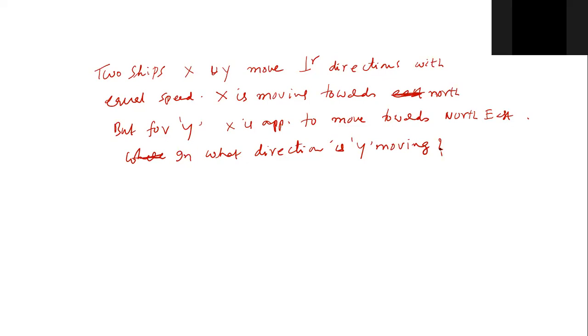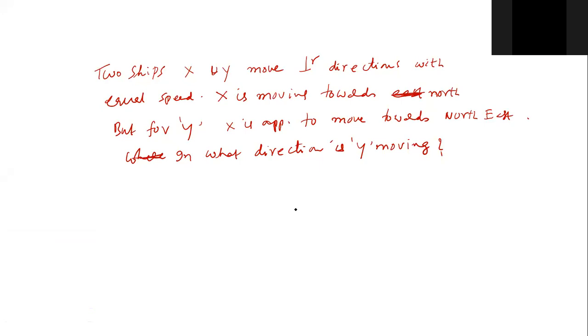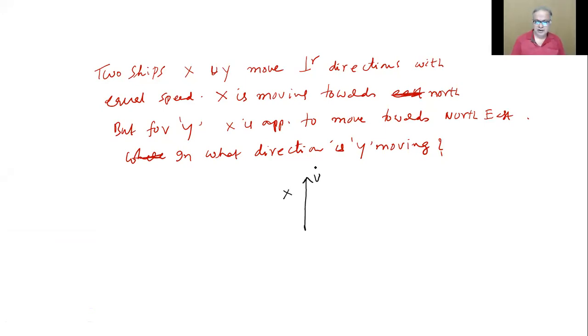Sir, like you gave 90 degrees, making an angle of 90 degrees. Initially, should I draw the picture? Tell me. Yes, sir. You gave X in the north direction. X is already going towards north. So that X's velocity, you can say some V, mod V. Okay, sir. This is V of X. That may be some speed V.